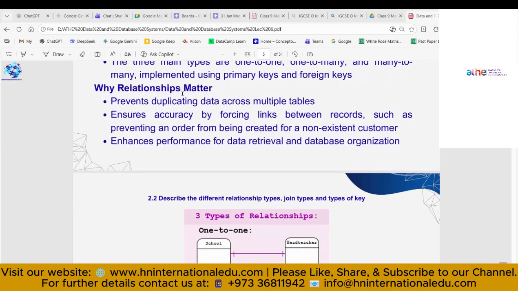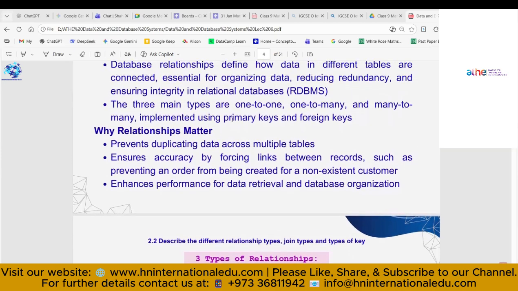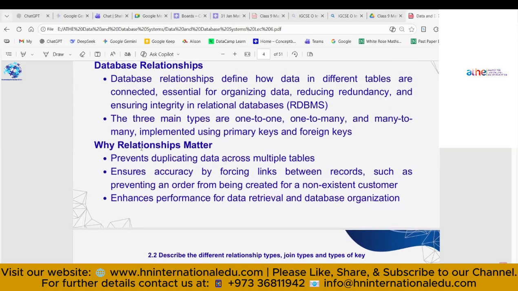So why do relationships matter? Like, what is the importance of database relationships? They prevent duplicating data across multiple tables. Okay. So to reduce data redundancy and duplicated data across all of the tables, we need to make sure that whatever relationship we are using, it has the data only one time,